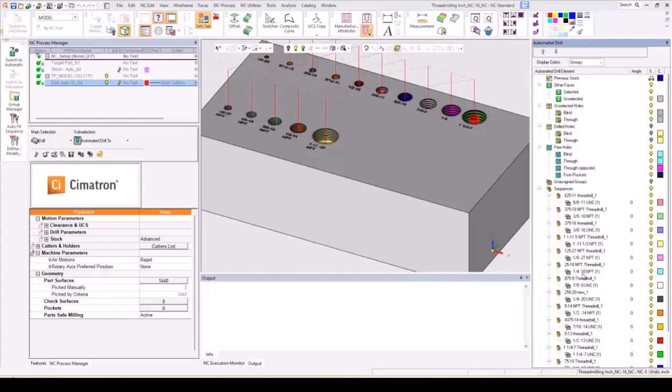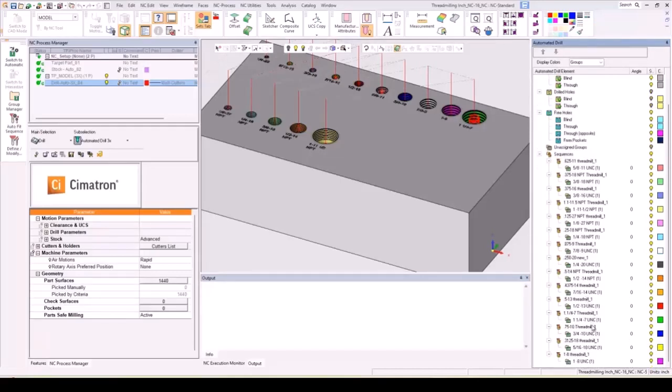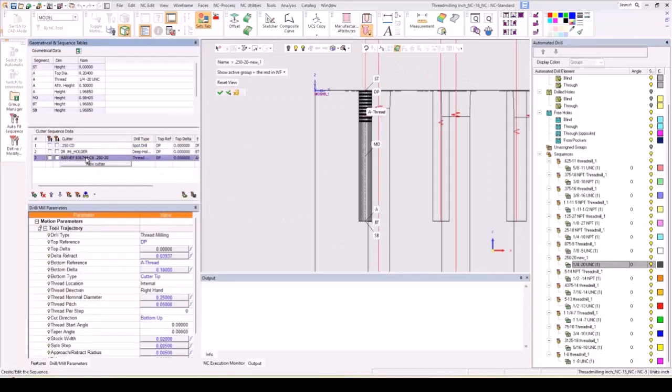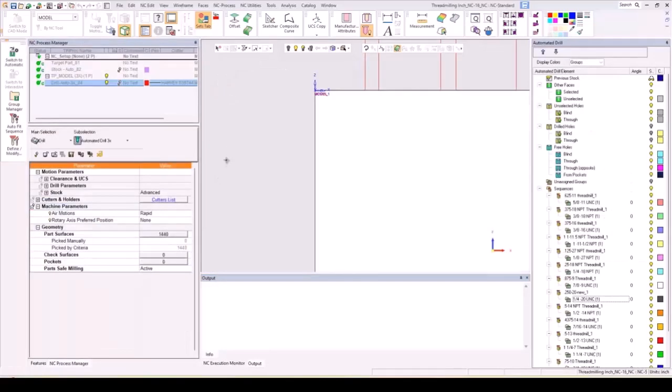So then the 1/4-20. I'm going to send the thread mill. We're going to shoot this down. So there's no way, right? There's a lot of drilling and milling going on here. And if I have a problem with any of it, how do we know where to start looking? So when I calculate,